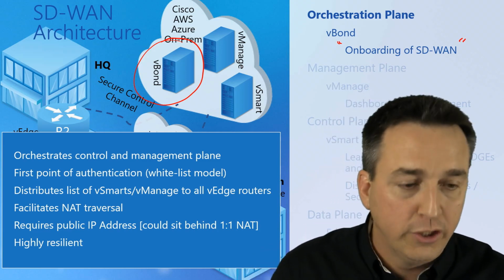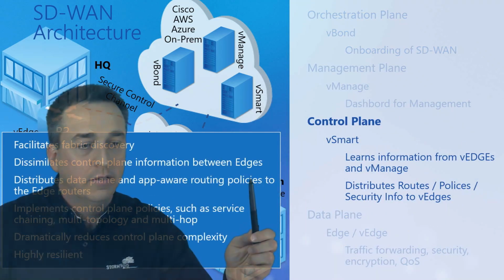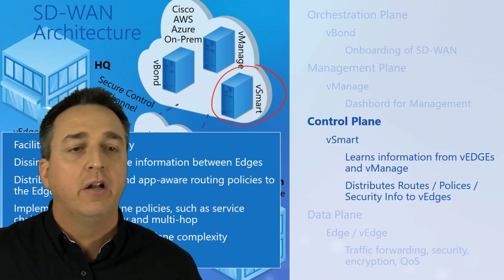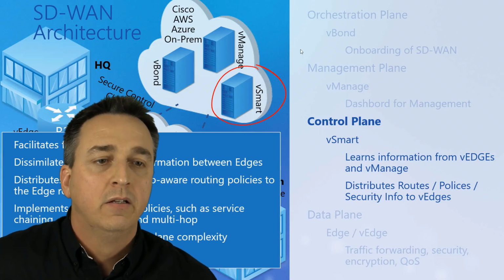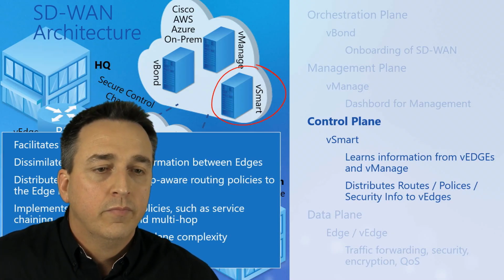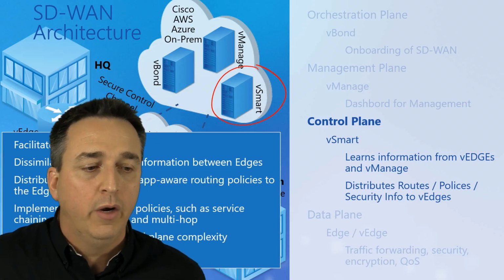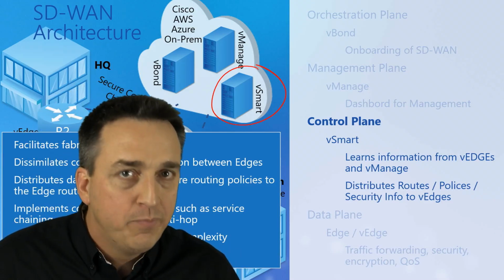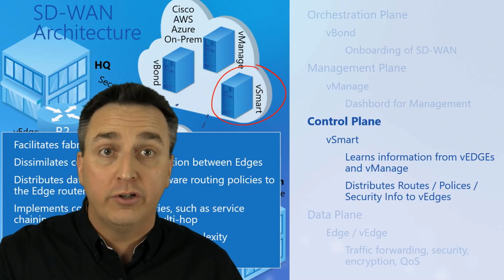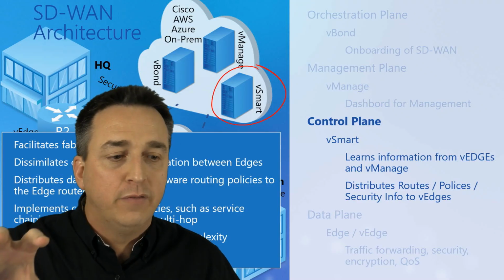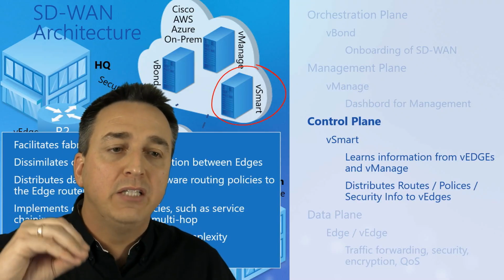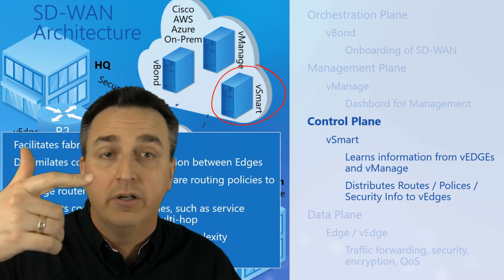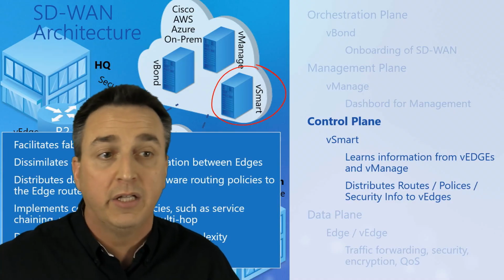Right? Now, what about the control plane? Let's jump down to the control plane. So the control plane is this device right here. We call it vSmart in the world of Cisco. And what are we dealing with in this case? We're dealing with our controller for the control plane. Now, I'm not talking about your graphical user interface. I'm not talking about that device. No, that's vManage, right? In this case, vSmart is our software-based component, either on-prem, Azure, AWS, Cisco, running on a virtual machine, something like that, okay?